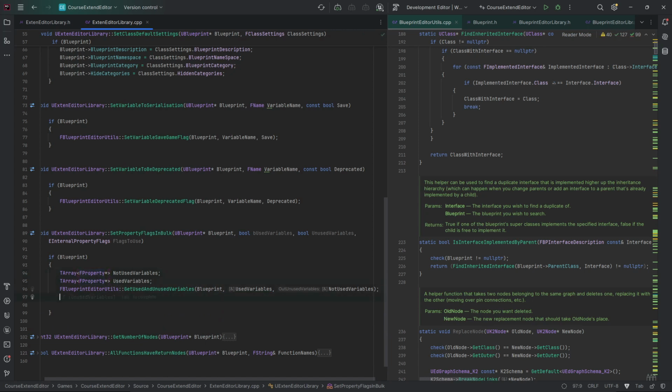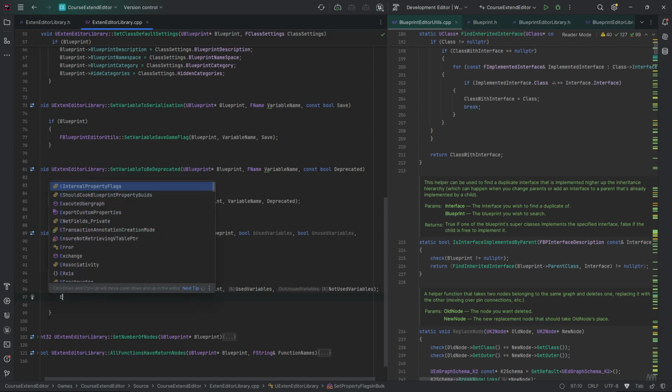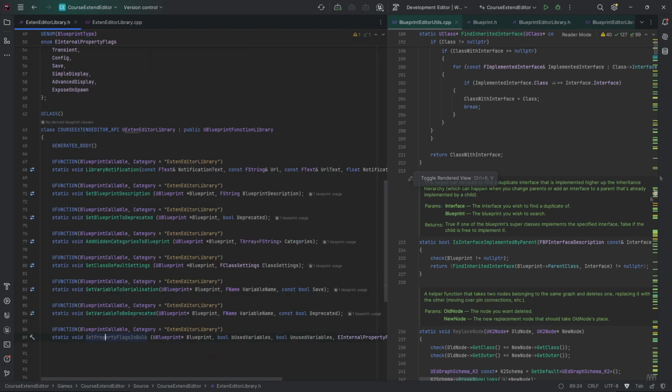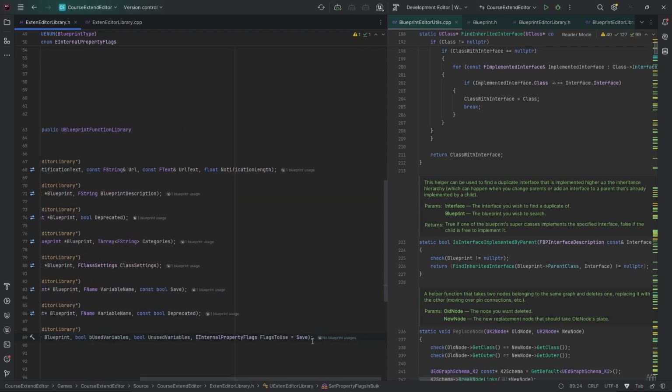So now we have that, and now I'm going to use my property flex. It's called EPropertyFlex, and I'll use convert flex because I want to convert some of the flex. I will show how we can convert it. In order to do that, actually, we need another function. This function will not be accessible from the blueprints. It will just be some internal one, and I will just call it static,